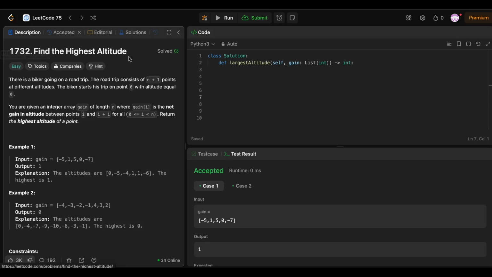So this video is about solving the LeetCode problem number 1732, finding the highest altitude. This problem states that there is a biker on a road trip. The road trip consists of n plus 1 points at different altitudes. The biker always starts at the point 0,